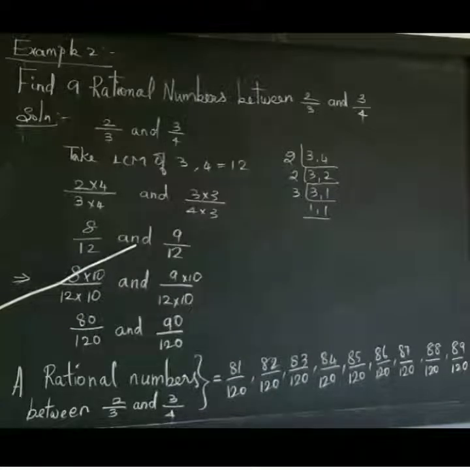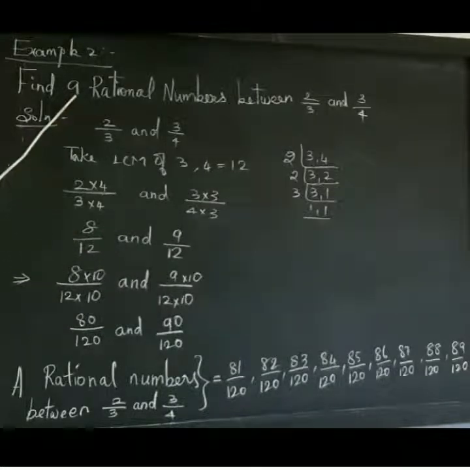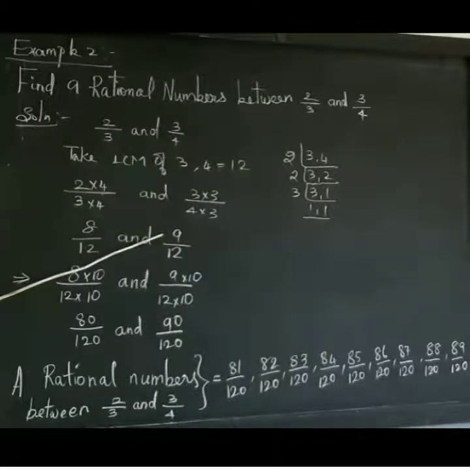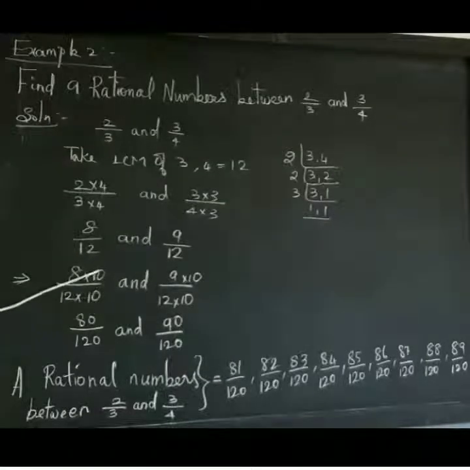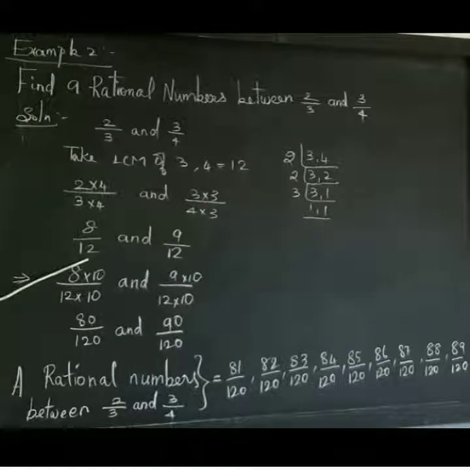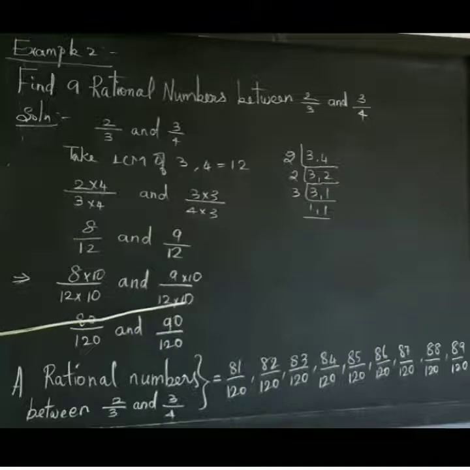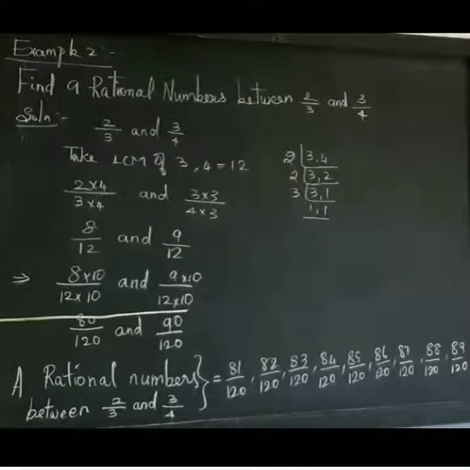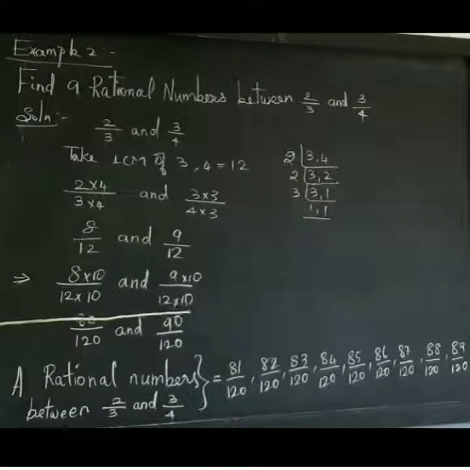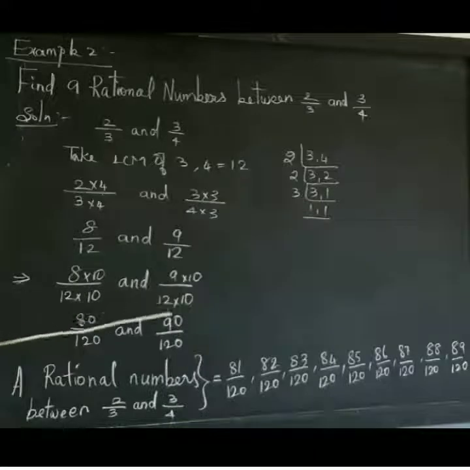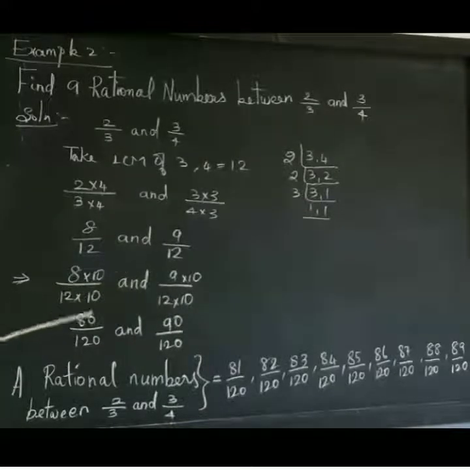But you have to find 9 rational numbers, and there is no rational number between these two. So, what you have to do is multiply both sides by 10 for the first rational number, and for the second rational number also, multiply both sides by 10. This is nothing but an equivalent fraction. Equally, on both sides we are multiplying by 10. Now simplify this in the next step.